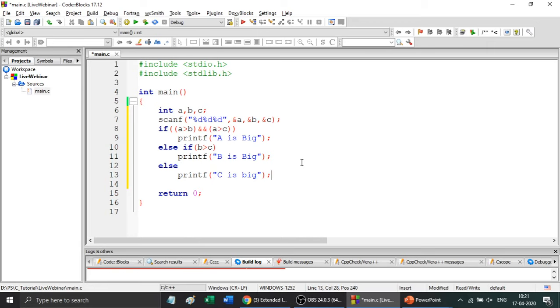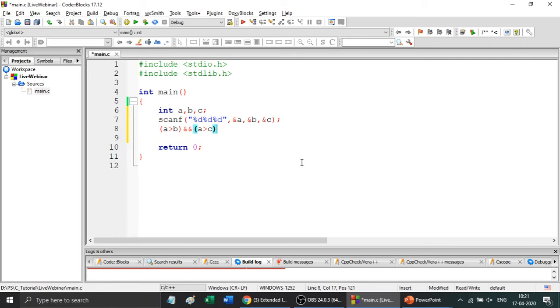Even this can be modified with a simple statement by using the ternary operator. I'm just modifying this to a ternary operator. If a is greater than b and c, I'm going to print a.